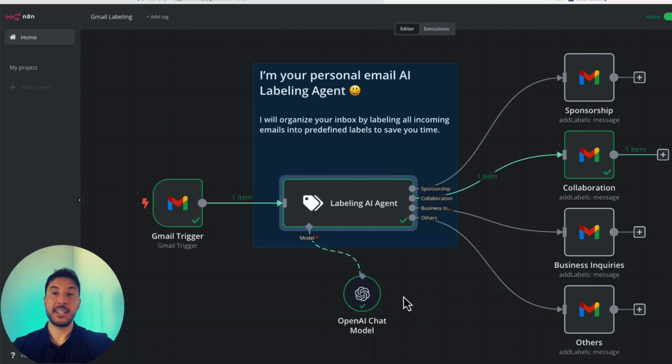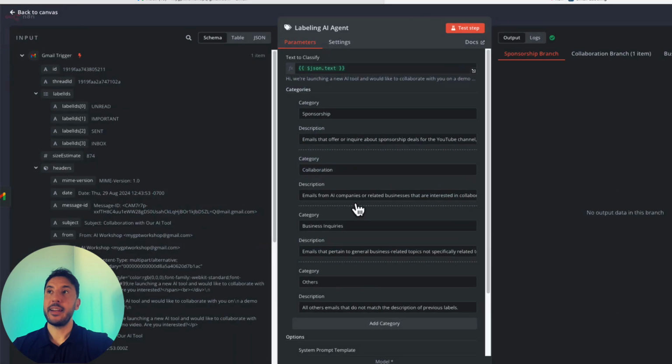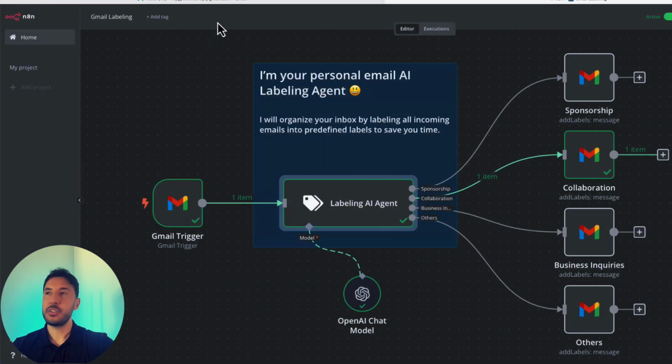We're going to utilize the text classifier node on n8n, which is basically an instance of LangChain. Again, if you're not familiar with these terms, don't worry. I'll walk through step by step and explain everything so that we have a good understanding of how this works, and therefore you'll be able to build your own AI agent that will be equivalent or similar to this for your own purpose. All right, so let's get started.